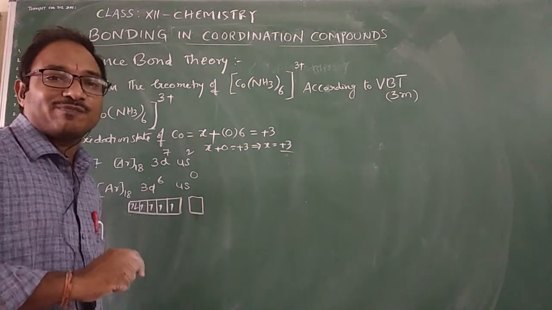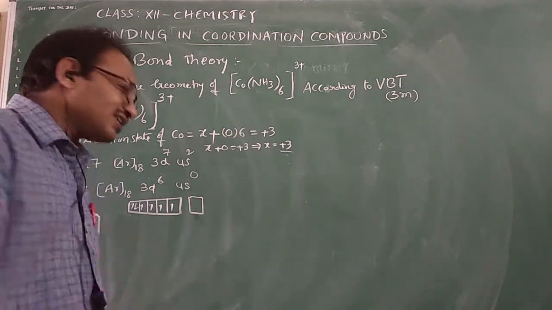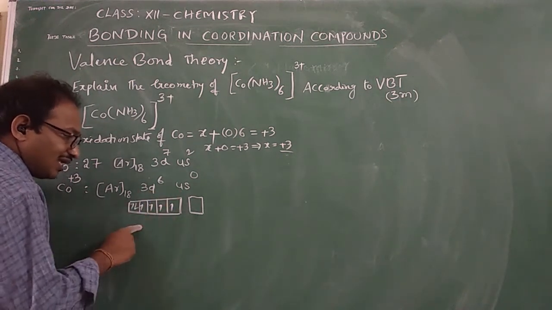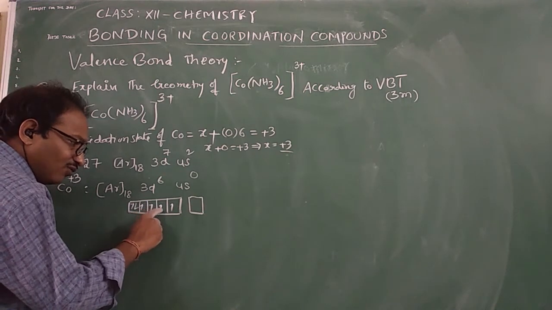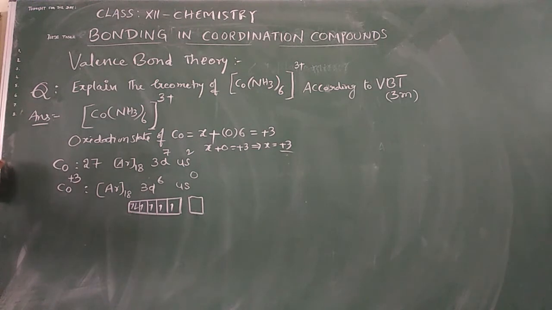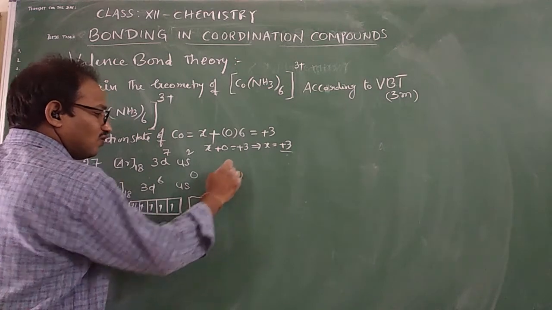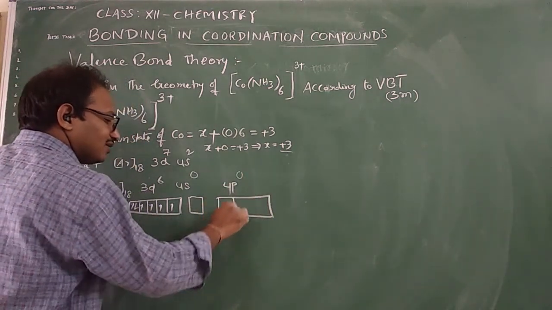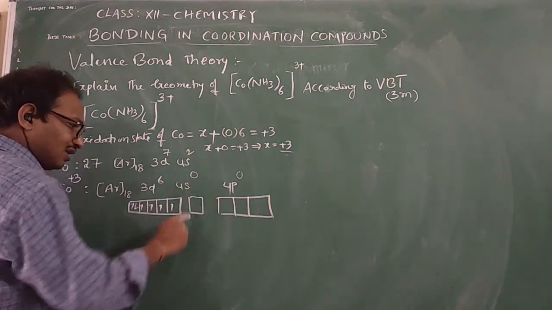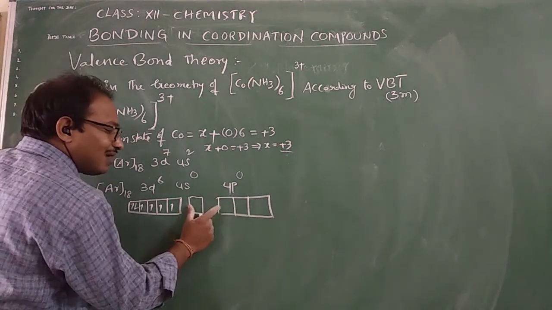This is the important thing. In valency bond theory, the central metal atom must provide the required number of vacant orbitals. If you see the vacant orbitals, only 1 here. Even if you rearrange, if these 2 electrons come here, we only get 1, 2, 3 vacant orbitals. For that, 3d, 4s, 4p is also there. Let me write 4p. Now you see 3d, 4s, 4p: 1, 2, 3, 4, four vacant orbitals only are created.